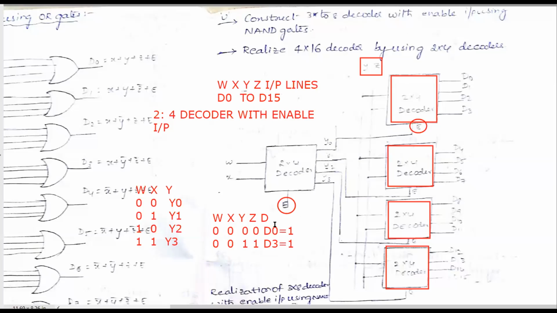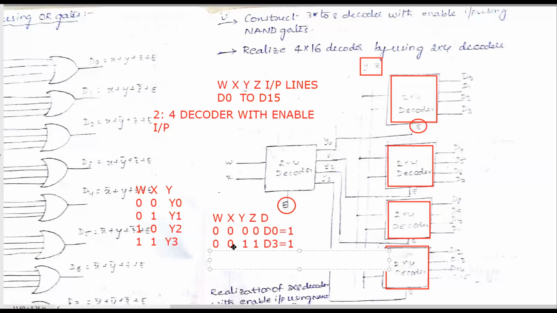D0 and D3 line. Similarly, we will check these two conditions. When WX is 0 0 and YZ lines are 0 0, in all the decoders the first lines D0, D4, D8, D12 are active, but based upon W and X, only Y0 is enabled. Since Y0 is enabled, the output comes only from D0. Like this, if it is 0 0 and 1 1, the Y0 line will be enabled and the first decoder D3 line will be equal to